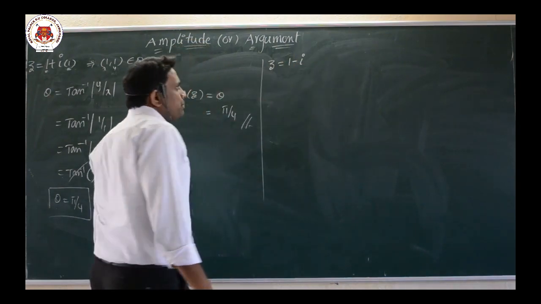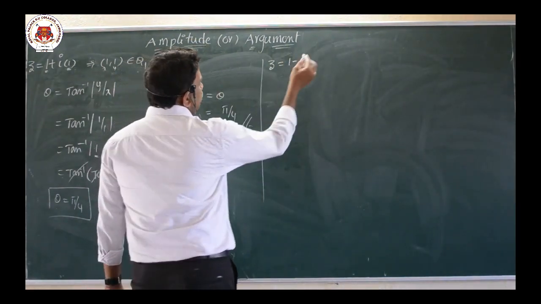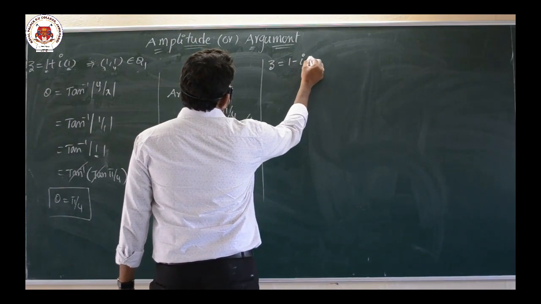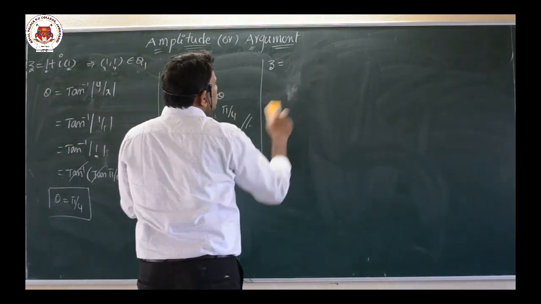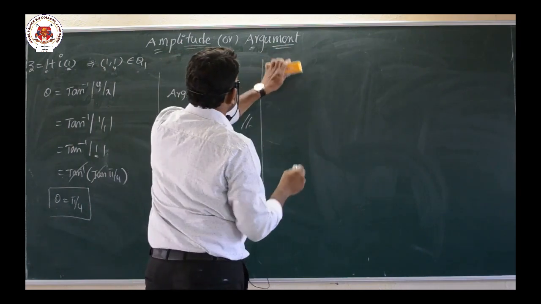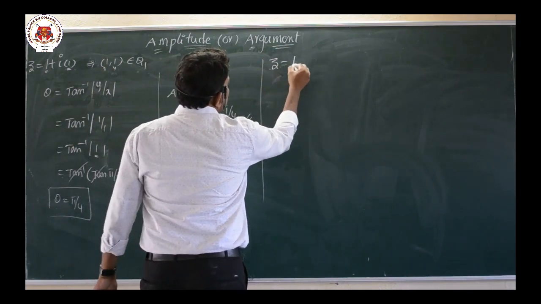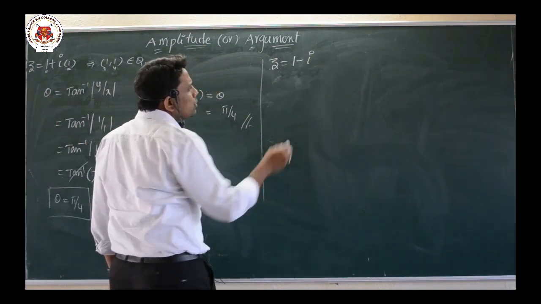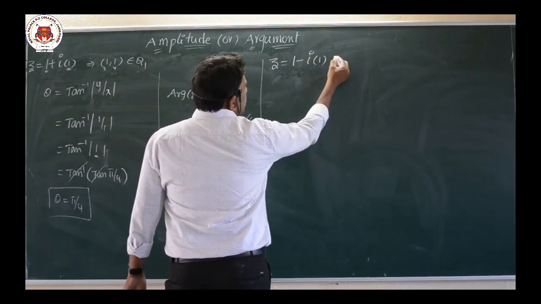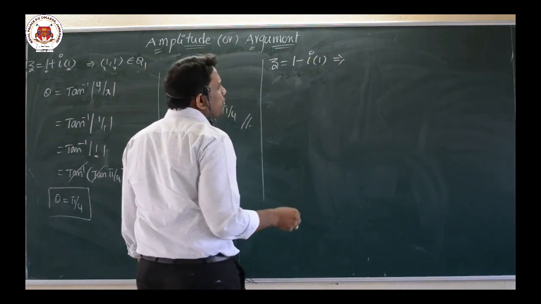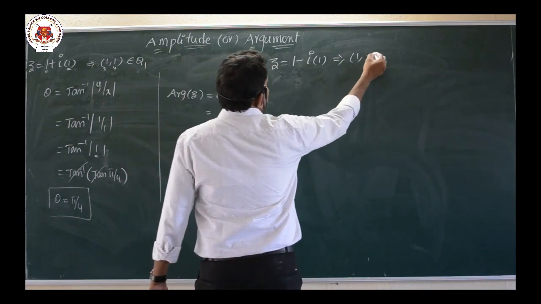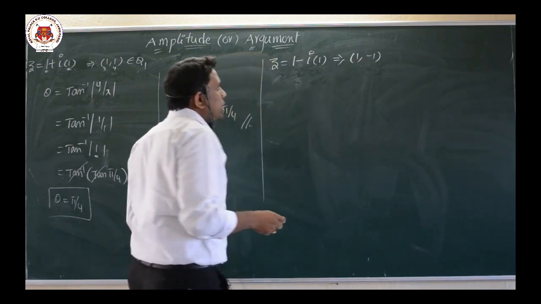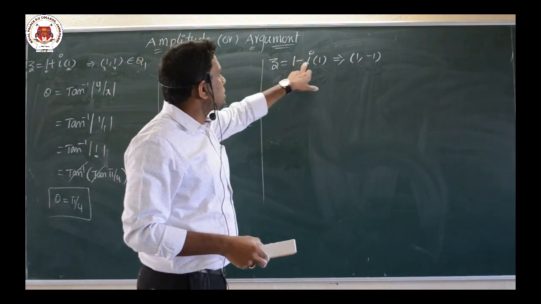Then how to do this one? 1 minus i. So 1 minus i means here nothing is there, means into 1 is there. I will write a little bit bigger. So Z equals the next problem, 1 minus i. So here nothing means 1 is there. We can convert it into ordered pair form. Then here the real part is 1. Imaginary part is minus 1. Including the signs also we have to take 1 and this value is minus 1.